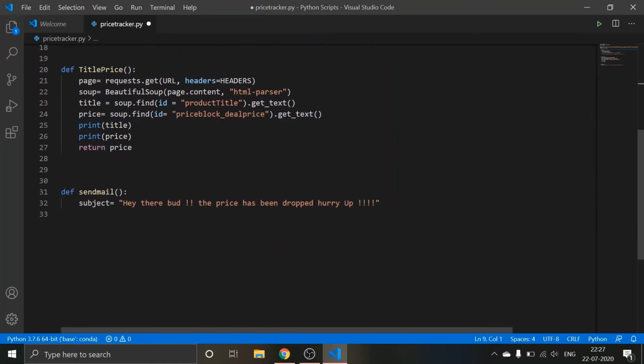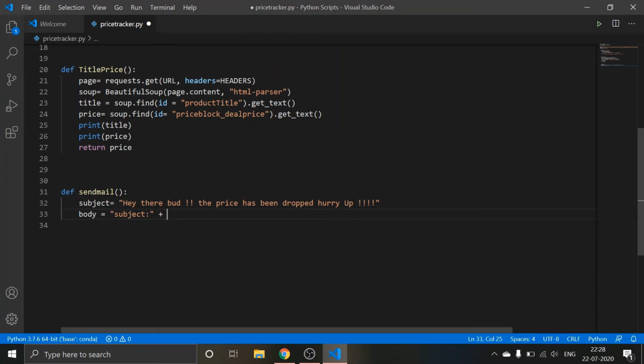Okay, so we wrote the subject here, and then what do we want in our body? So let's write body is equal to subject. Yes, subject. And what? Yeah, I'm concatenating it here.